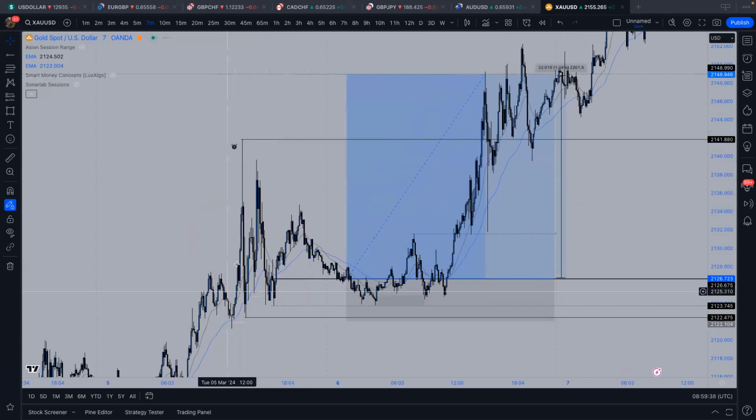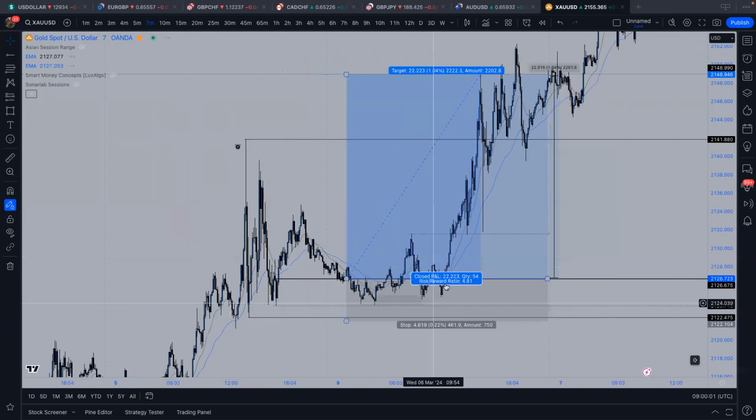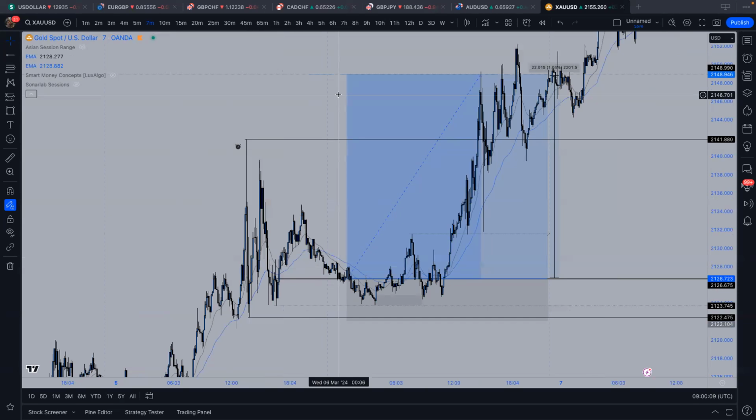So for this one, it was literally as simple as we had created this high. We had our low, or this is our low. We pumped up, we pumped down, and then we started to generate some of this liquidity in here. I did have my buy just off this little 5 minute move in here with my stop loss below this low, with the understanding that we could have maybe raided. So going into just after London, we start to push up, and then after that, we really just ran and ran and ran.